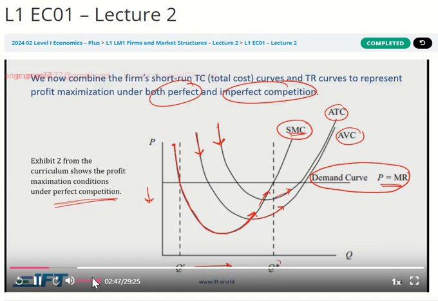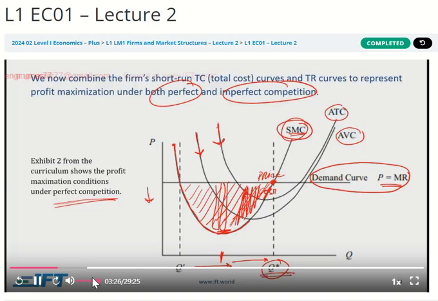Up until this point, this Q star, every unit that you are selling is costing you less, because this is the marginal cost curve, which means the cost is still less than the price, right? All of this shaded area is your profit. Now, of course, the profit is increasing up until this point over here, but then it's still there. I mean, you're still in positive profit. Every additional unit is bringing some profit. It's not bringing as much as it was initially, but it is still bringing in some profit